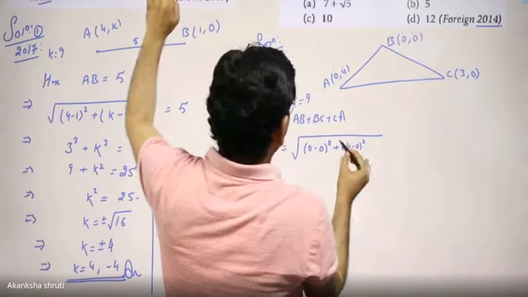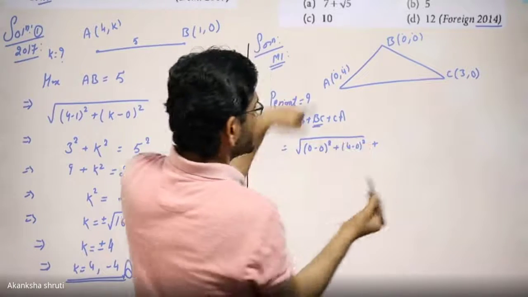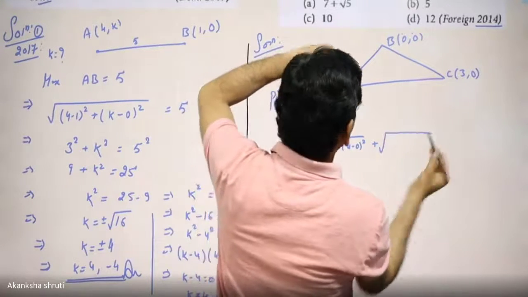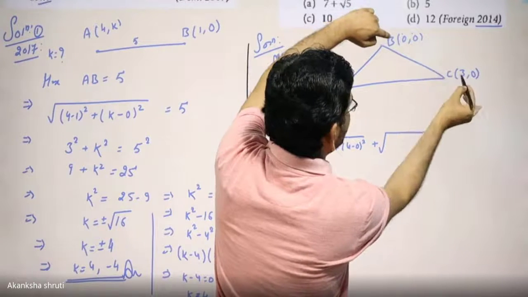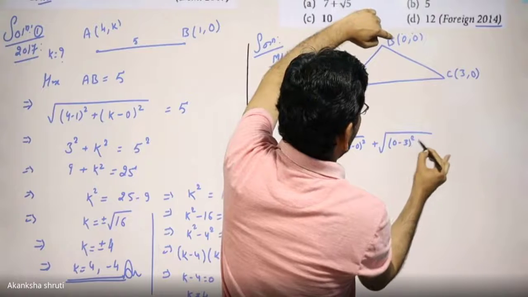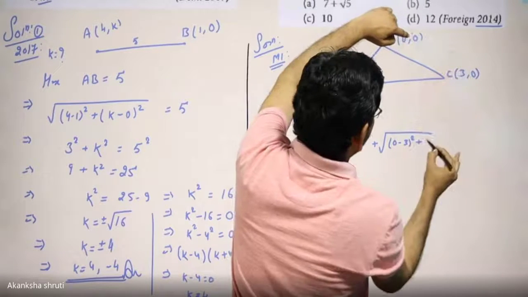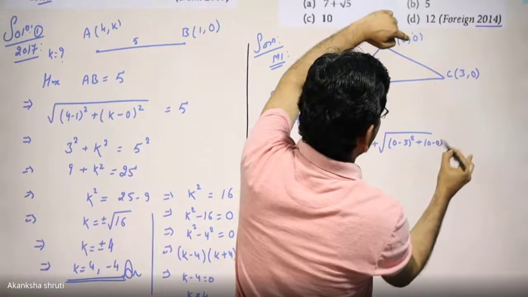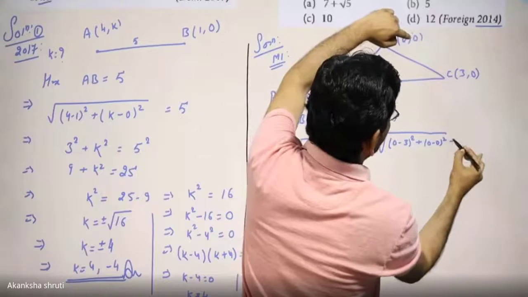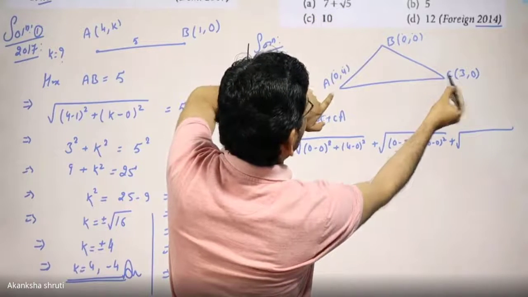It is our AB, plus the next one is our BC. Students, BC will be given by considering this coordinate and this coordinate. It becomes 0 minus 3 square. The x coordinate difference we have considered. Then the y coordinate difference, 0 minus 0 square, plus the other one is CA,